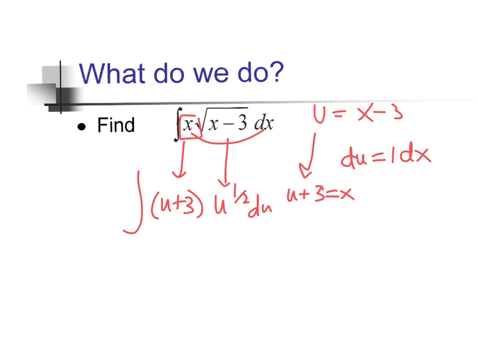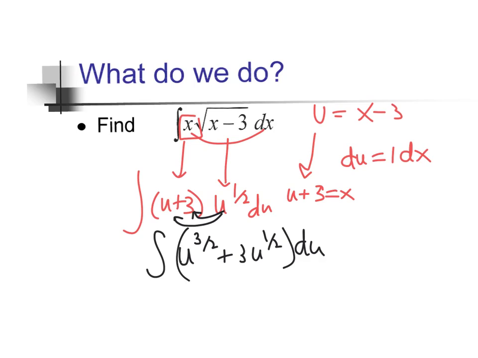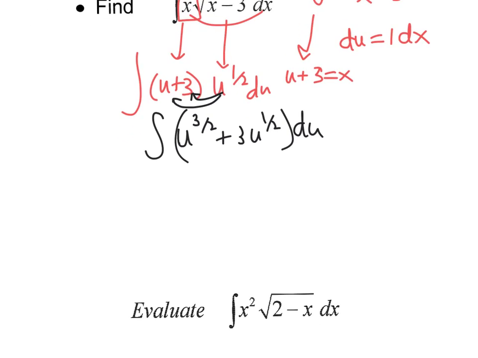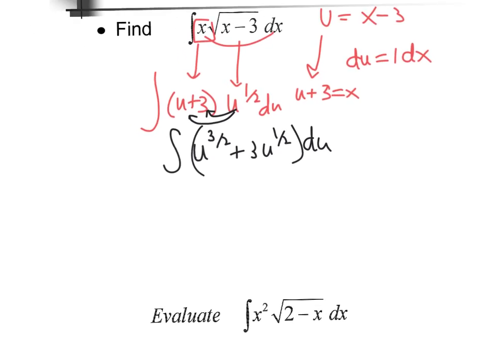However, what I would do is then simplify this a little bit. So this is kind of an extended question, because you have to think about, before I integrate this, I need to find out what x is so I can substitute back in and then distribute. So this becomes u to the 3/2 plus 3 u to the 1/2 du, right? And then once you integrate that, that becomes u to the